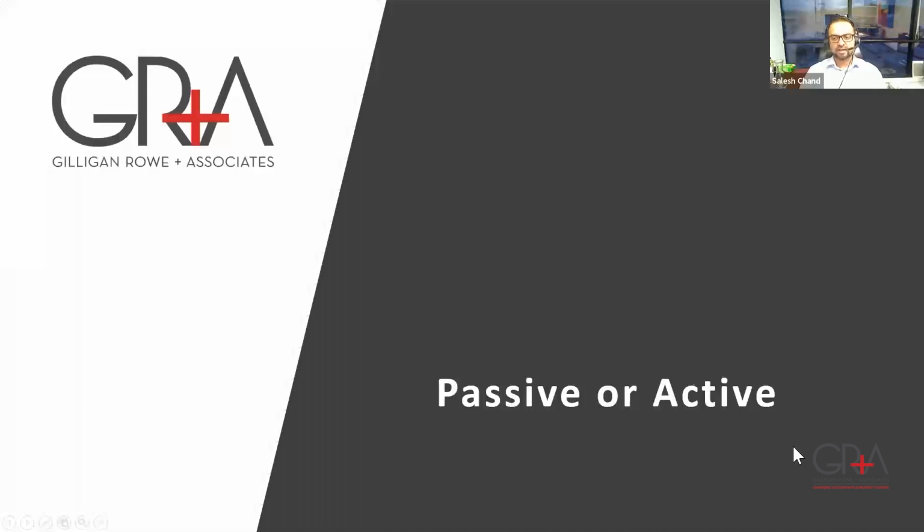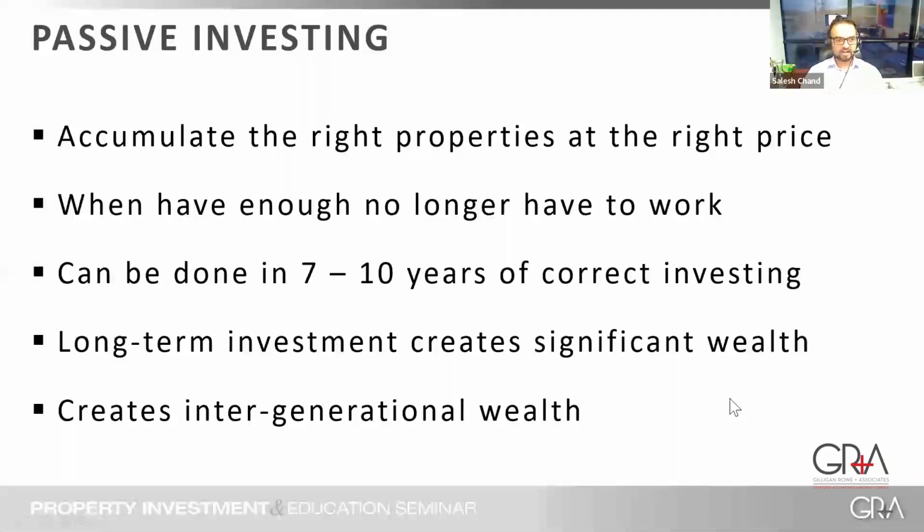Now, passive or active. Passive is basically you've gone out, you've invested properly, and you get regular income every week. Active is where you're developing properties to sell, or you're buying houses to do up and sell. If you accumulate the right amount of properties at the right price, you create equity and passive income. When you have enough properties, you don't need to work. Now, what we're saying is, don't throw in your job and retire. You can cut back your hours,